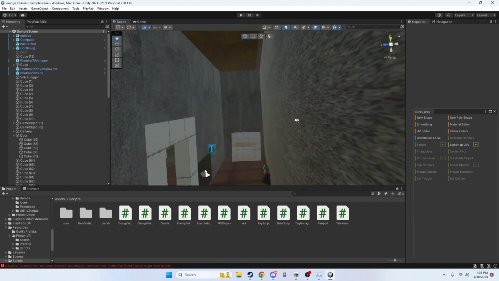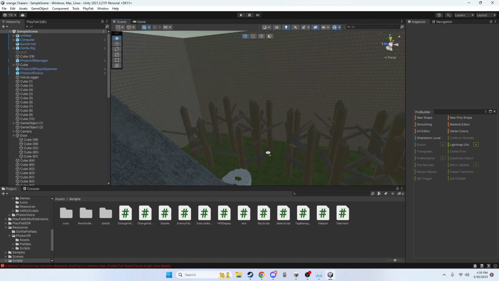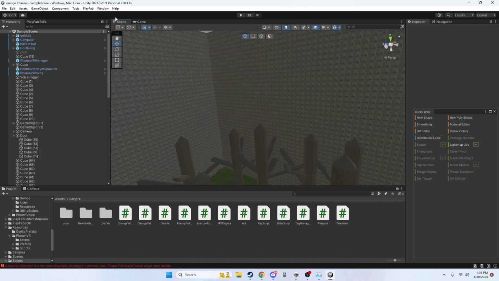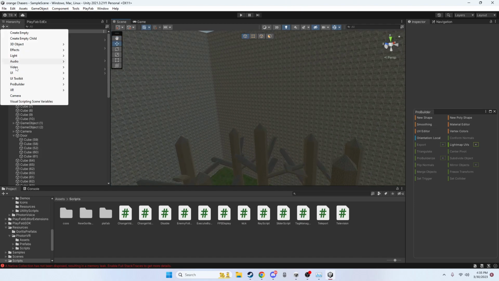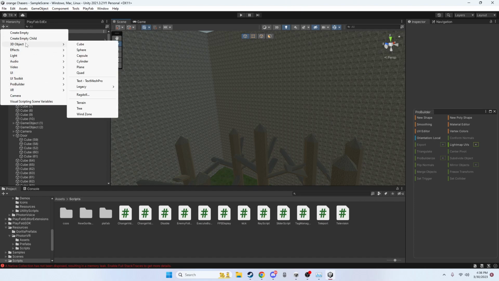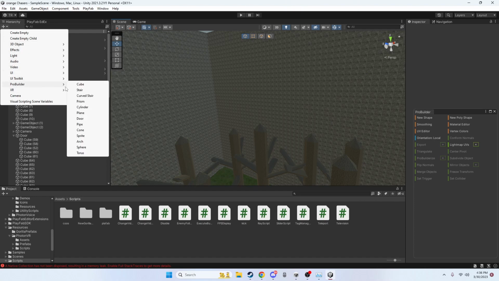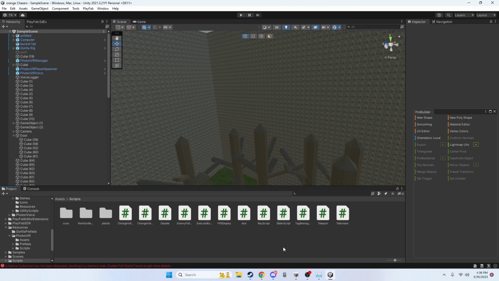Once you do have that, you want to spawn in a plane, which is how you're supposed to do it. You want to go to your hierarchy and then go down to ProBuilder, not 3D Object, ProBuilder. And that's how it works. But before you do that, you have to go to